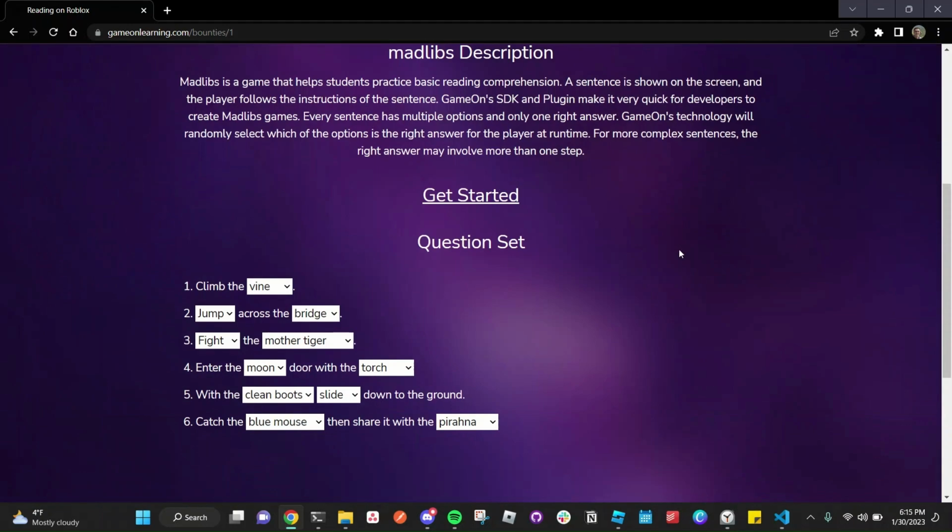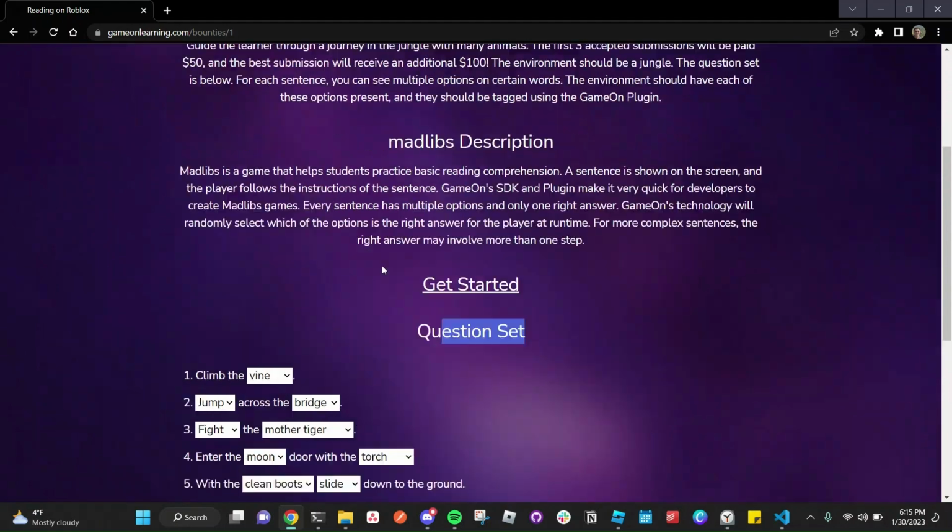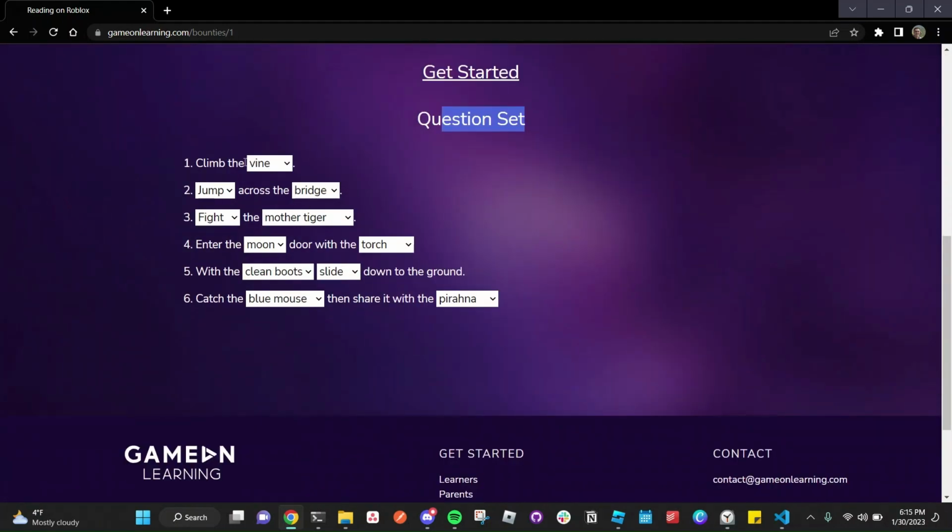But before you start a bounty, you want to jump down and look at the structure of the game, and that's this question set. So for this jungle quest, we can see 6 questions. The first is climb the blank. So it could be a vine, a ladder, or a rock. And this is what the player is going to have to choose. The sentence is going to say climb the vine, and the player has to climb the vine and not the ladder or the rock. So that'll make perhaps a little more sense when we get into actually building an example